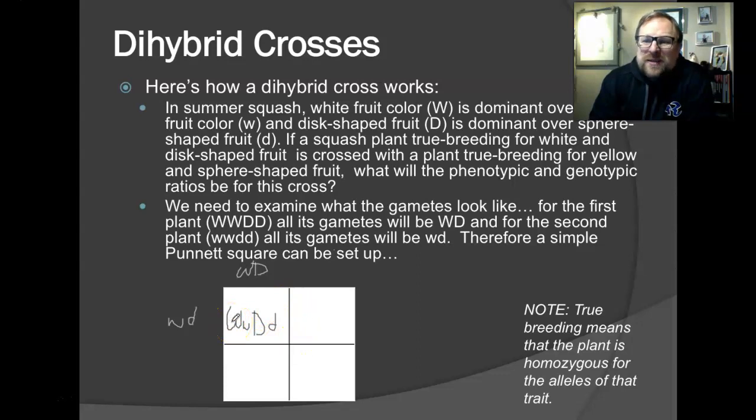So we would expect for a genotypic ratio, 100% of them will be heterozygous for both traits, and 100% of the offspring are going to have white fruit that is disc-shaped. Okay? Now,